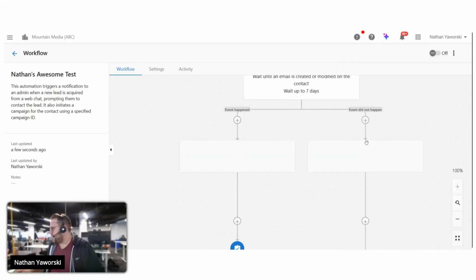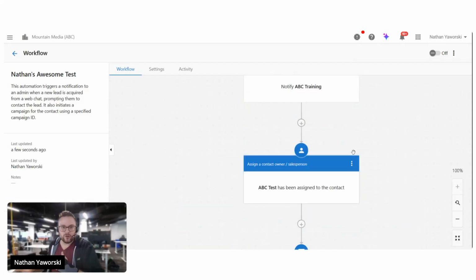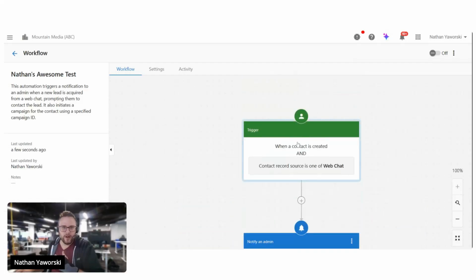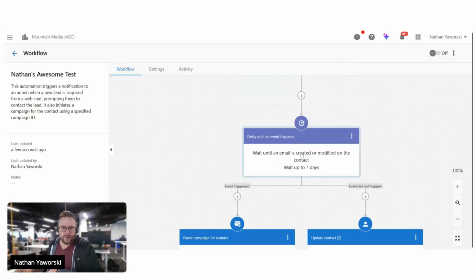So that's an overall general idea of how to use these 3 sections here. We've got the green triggers, we've got the blue action steps, and then we've got these kind of purpley lilac logic steps to build out an automation and save me a little bit of time